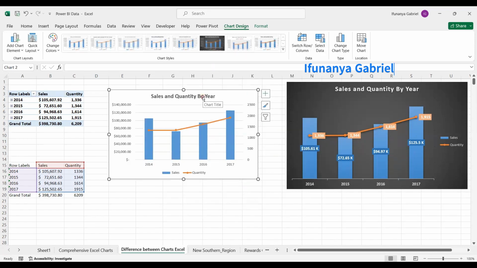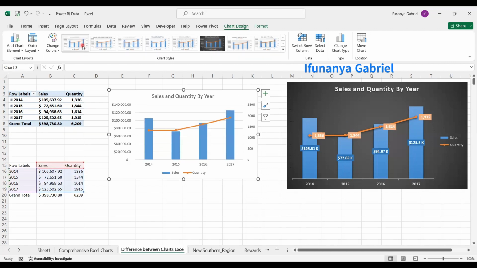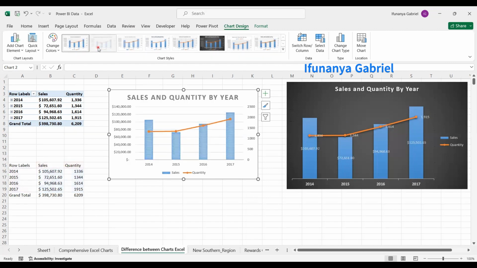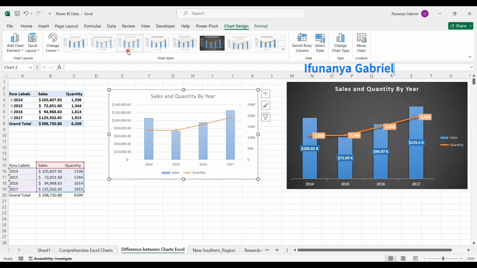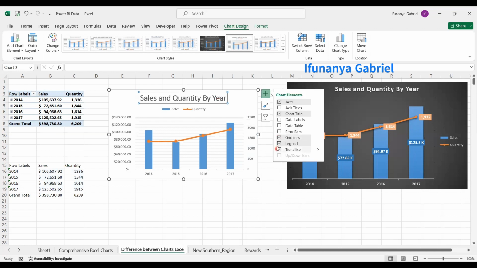In changing the chart design, I can choose to make it exactly like this one. You know, this is a pivot chart, and this is a normal chart. I can just maybe change this or this. Okay, I think this is okay. I bold this. I remove the gray lines. Then the next thing